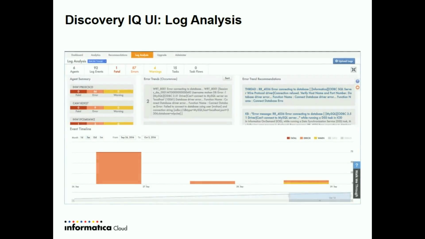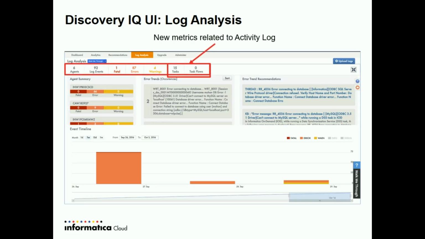Log analysis is the next tab in the DiscoveryIQ user interface. With this feature, customers can now view and analyze activity logs alongside other relevant logs. The activity log analysis is useful to customers in several ways: in highlighting areas of job failure in terms of environment, date, and time;